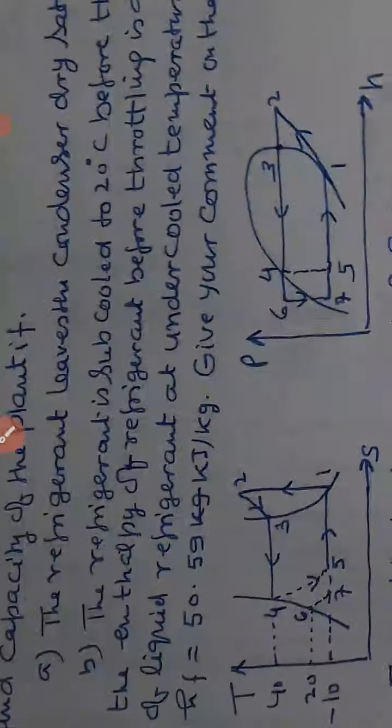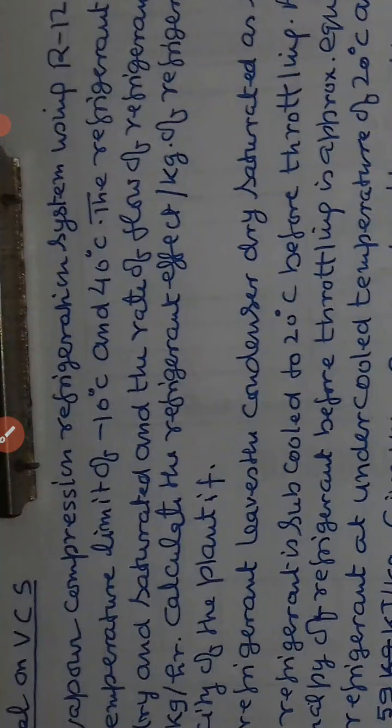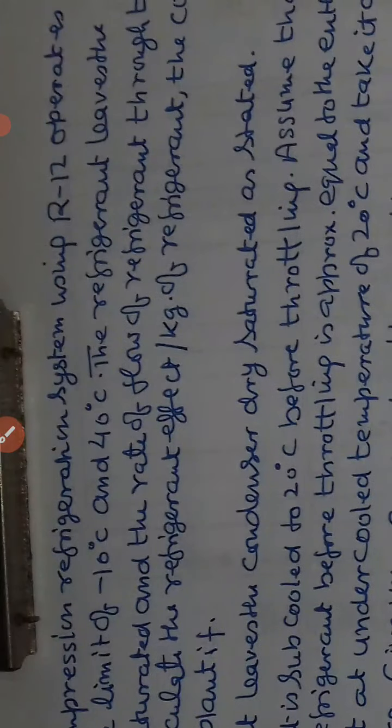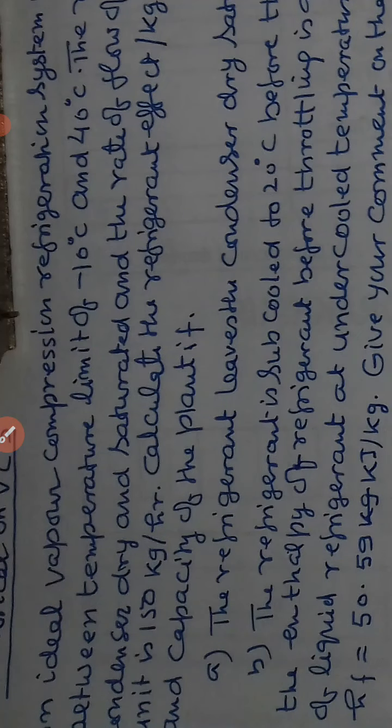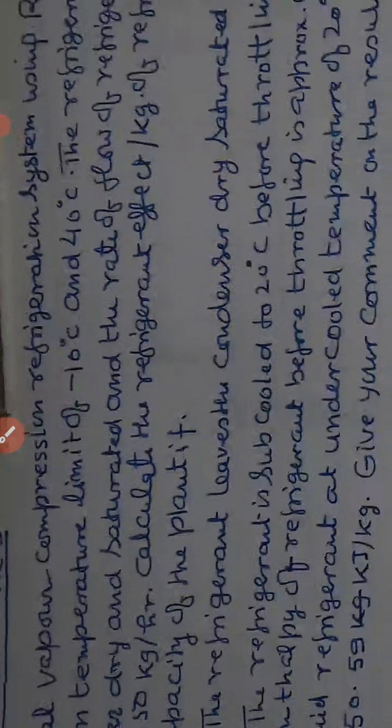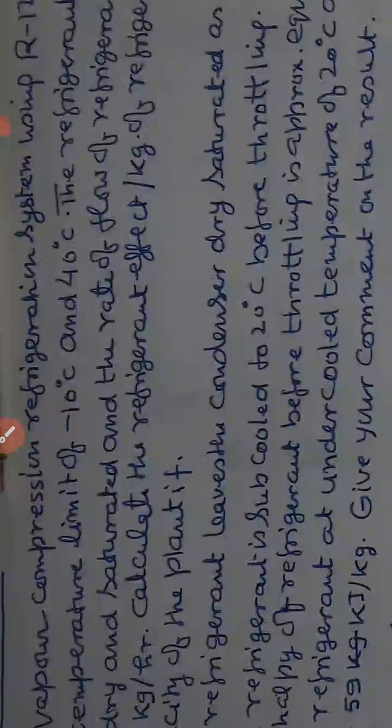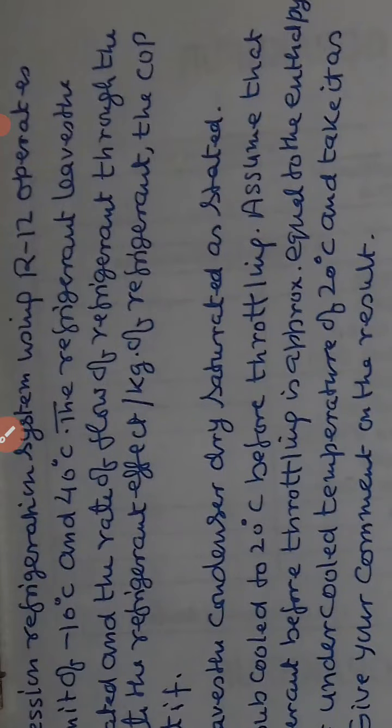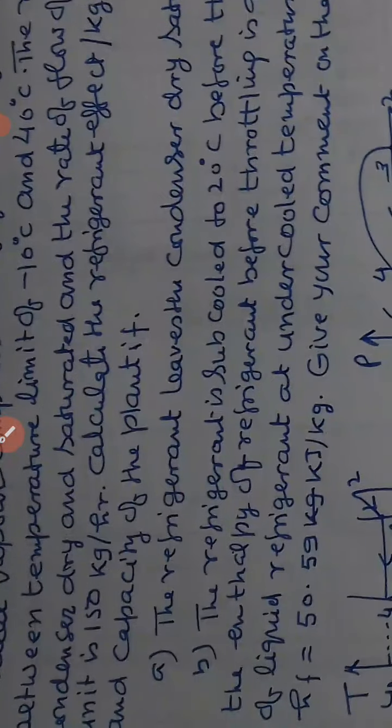The refrigerant leaves the condenser dry and saturated, and the rate of flow of refrigerant through the unit is 150 kg per hour. Calculate the refrigerating effect per kg of refrigerant, then COP and capacity of the plant if